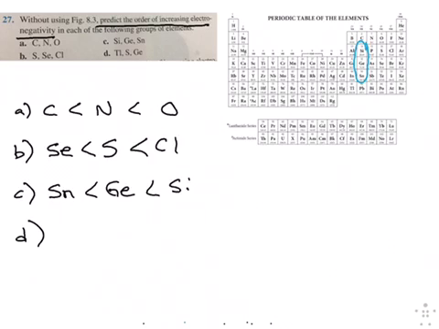Lastly, we've got thallium. So right here, we've got sulfur, and then we've also got germanium. So we're kind of going in this diagonal type pattern. And again, big atoms have very weak Coulombic attraction, so their attraction for electrons is going to be very, very small, and their electronegativity will be low as a result of that. So Tl is going to be first. Then we're going to go germanium, and then up here to the smallest of these atoms, which is sulfur, and that's going to have the highest